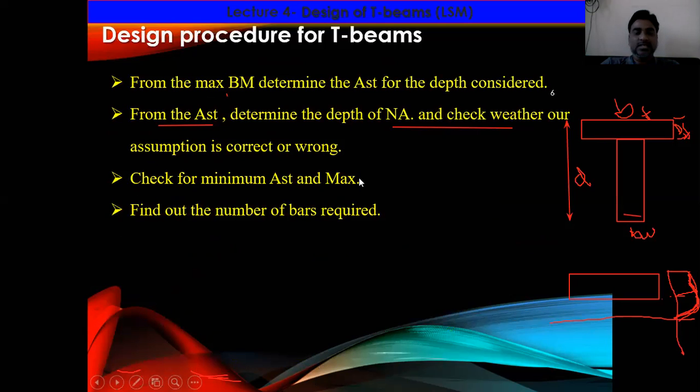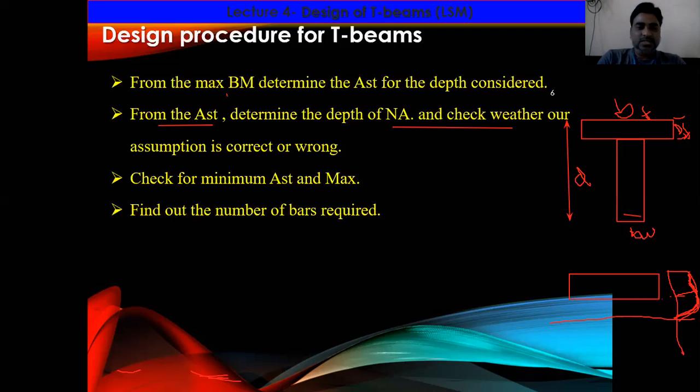So after that, now you got the area of steel required, and determine the maximum area of steel and minimum area of steel as per the IS 456 2000, right? And based upon that, as per the condition, the required Ast, that means area of steel, should be less than the maximum reinforcement and greater than the minimum reinforcement, right? So if this condition is satisfied, then you can go for the further step.